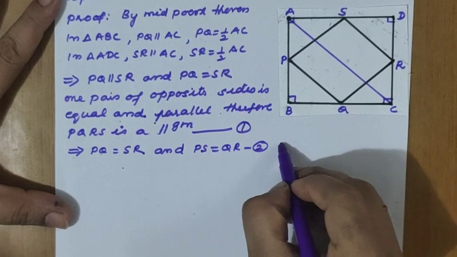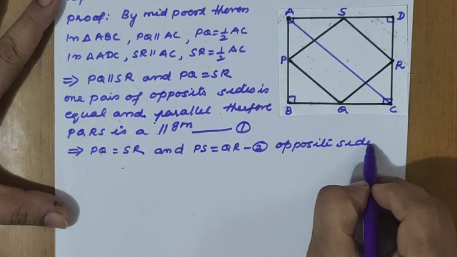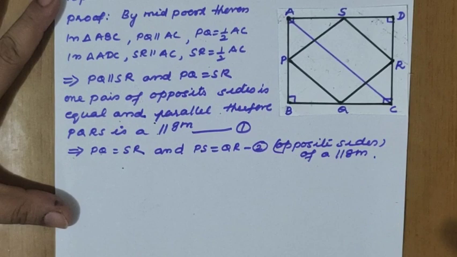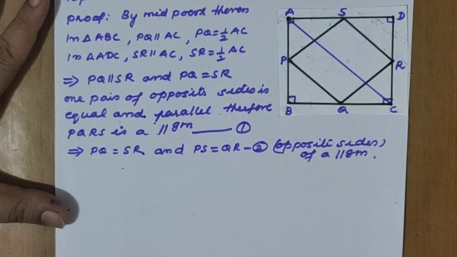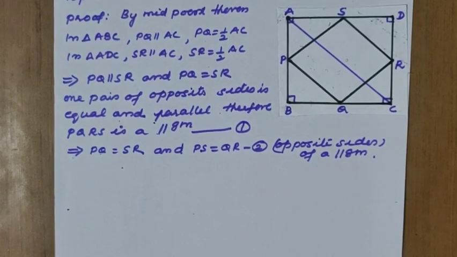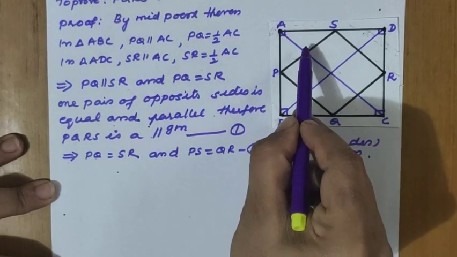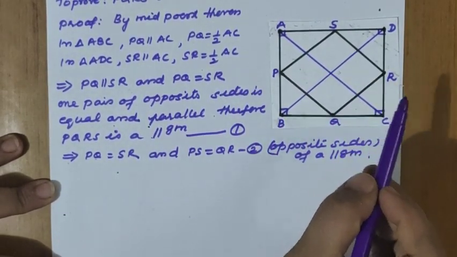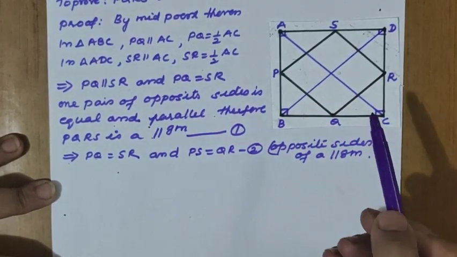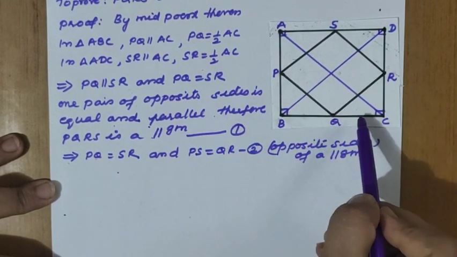Opposite sides of a parallelogram. Okay. Now proving the next part, that is adjacent sides are equal, we have to join the diagonal BD also. So join the diagonal BD now. So we got PQ parallel to SR, PS equal to QR. Parallel only because it's a parallelogram, but we have to take equal property because rhombus means all the four sides are equal. So what do we have written here? PQ equal to SR, PS equal to QR.